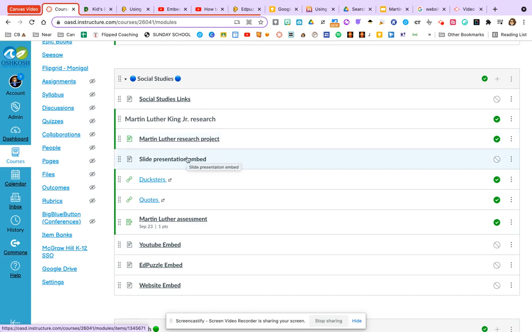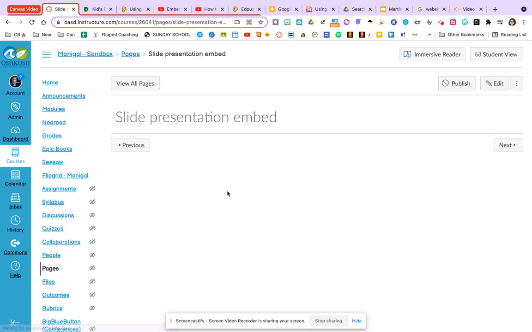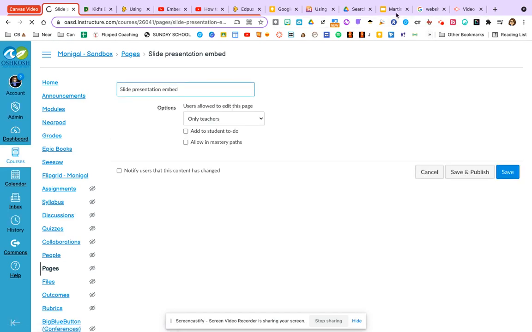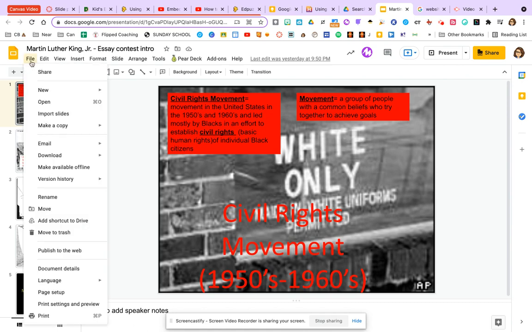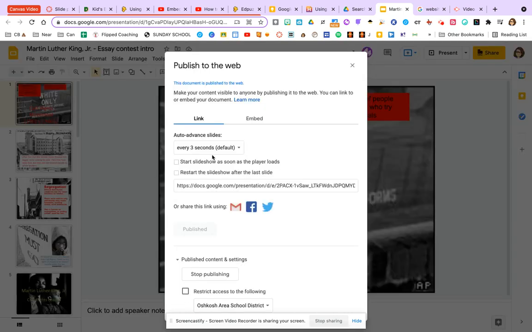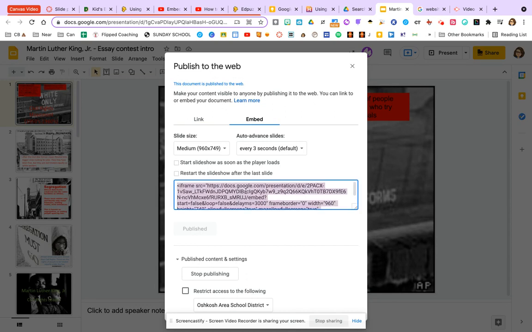So on this page that I made, this slide presentation embed page, I'm opening it right now, and there's absolutely nothing there. I'm going to click in that edit mode, and I can go to my civil rights movement slide deck. And again, just like the one slideshow, I can publish it to the web. And I think this one I might have already published it to the web, but I can still grab this embed link,